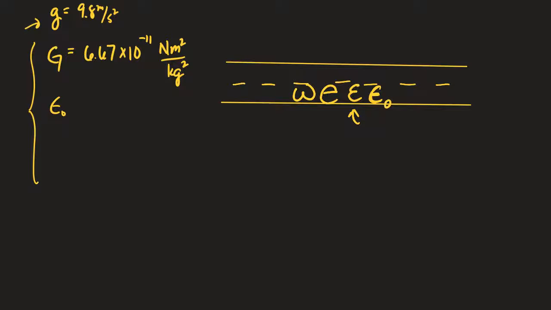The naught means free space. That's incredibly important since we never see free space or a vacuum. The permittivity of a vacuum is what that's signifying. That's what that little zero means. Because if you write just epsilon by itself, you're talking about the permittivity of some material. So there's the permittivity of air, the permittivity of wood, there's a permittivity of aluminum foil, there's a permittivity of styrofoam. Any material can have its own permittivity, but generally, the permittivity of free space is considered a constant everywhere in the universe, and that's the